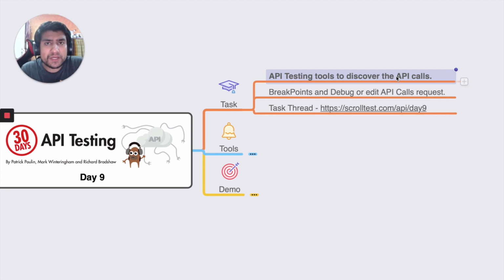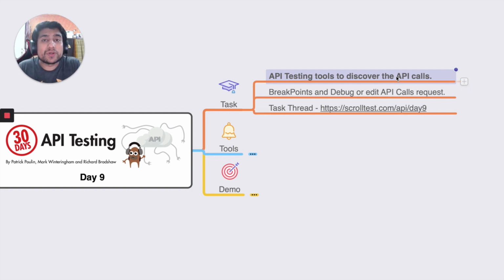Whenever we are doing API testing, the developer gives us the endpoint and the payload. We need to create the API end-to-end flow, and when we send the API call, it should be a valid API call. It's very difficult sometimes to create or discover the API.